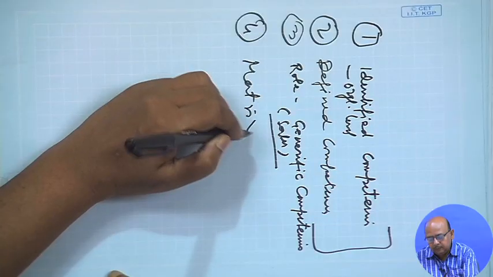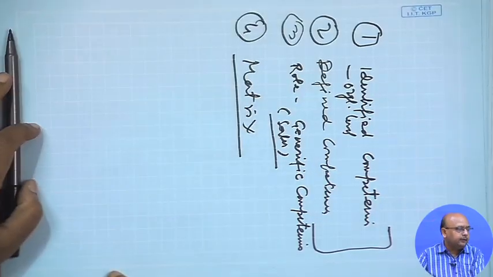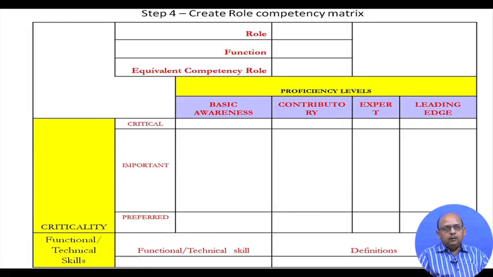See how it is done. So, when you are going to do it, what you do basically here? First of all, you identify the role. It could be sales, it could be marketing, it could be finance, it could be HR. Then what are the functions that he does? Then you identify the equivalent competency role, and then the next level, once you have identified the competencies, you identify